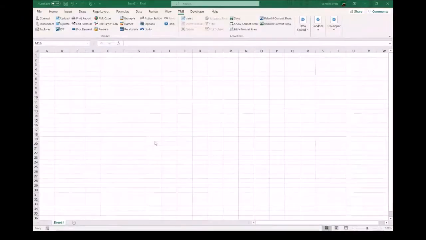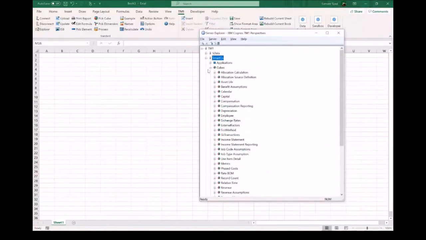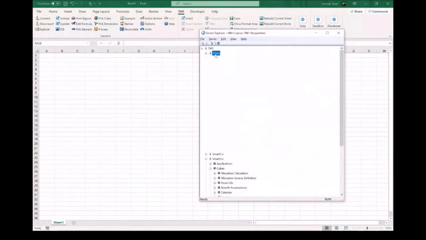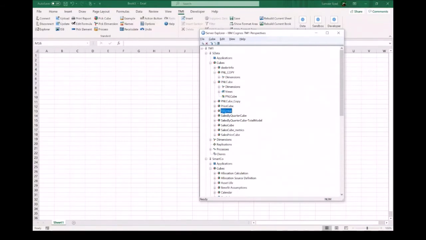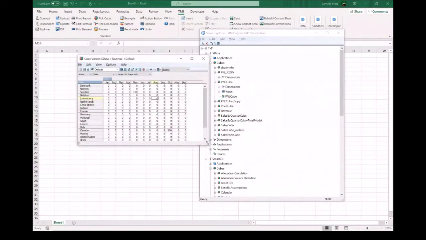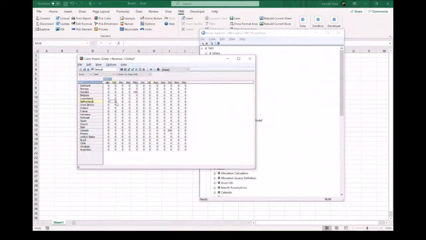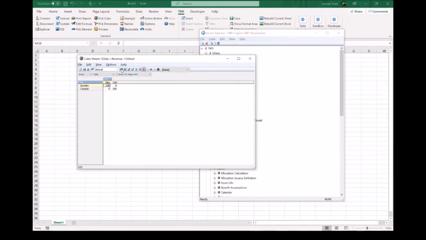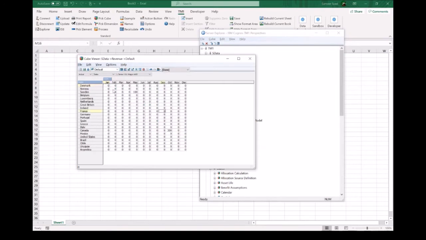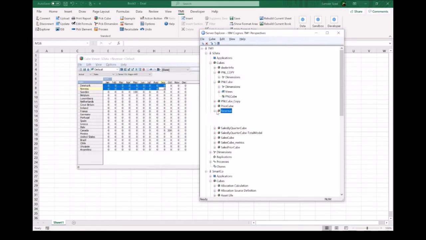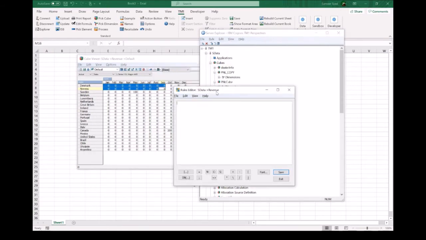Number 17. Before I talk about this, let me open a cube, maybe the revenue cube. When we open any cube in TM1, we normally see 0 in any cell which doesn't have a value. And when we do suppress 0, TM1 ignores all the null values and compresses the view. But what if I don't want to see the zeros and I just want to see a blank cell? So I'll introduce a statement called